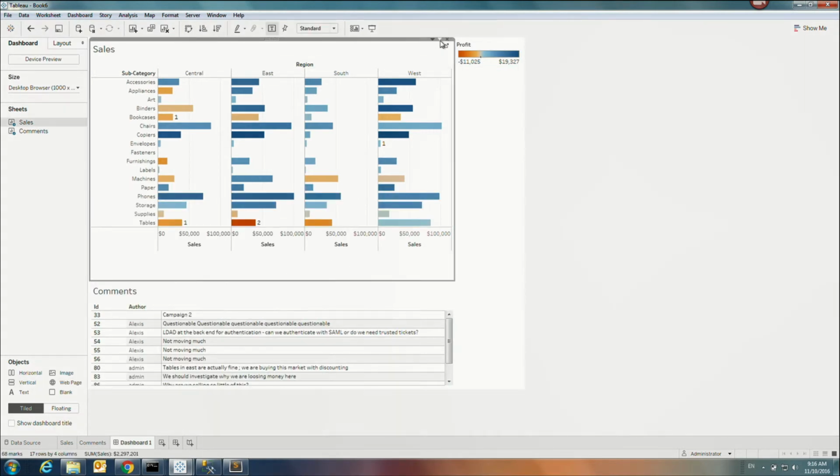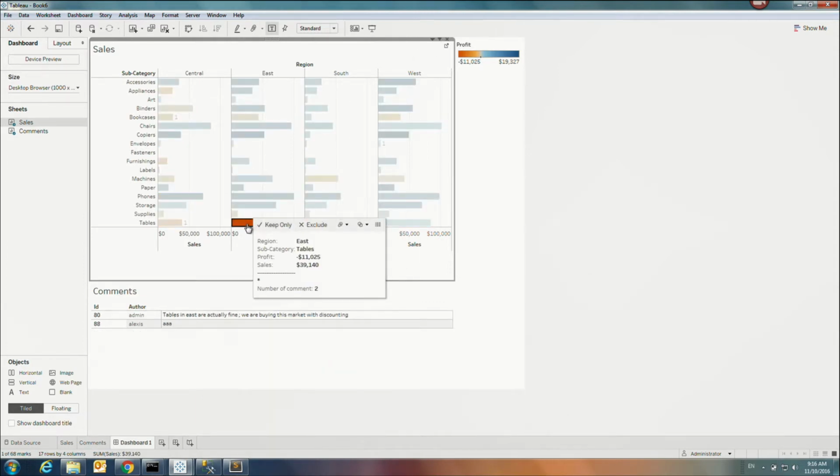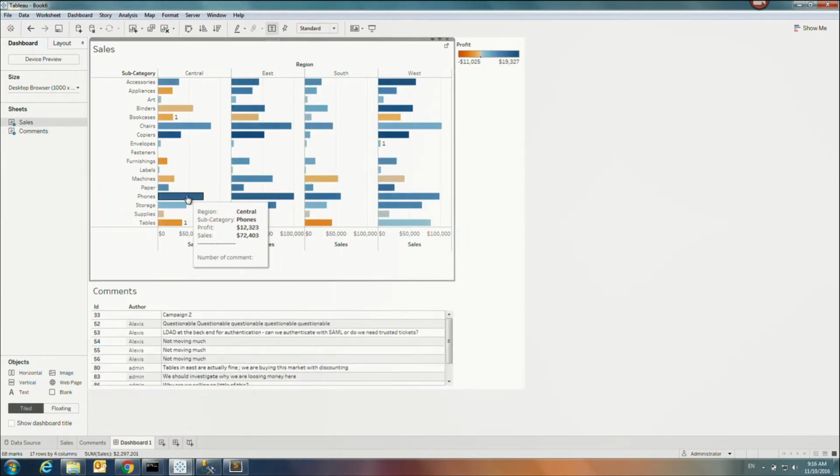And what we'll do is use this use as filter feature so that as soon as I click on this particular bar, I see below the 2 comments that belong to this particular mark. Right? And if there's no comment, this is going to be empty. We might want to keep this list